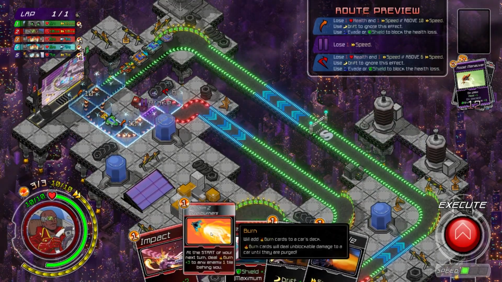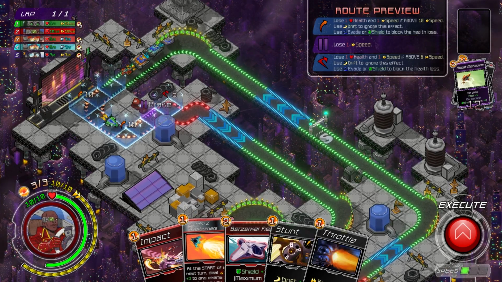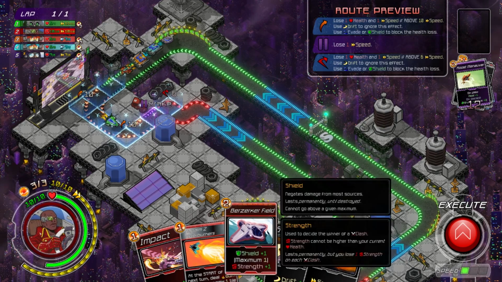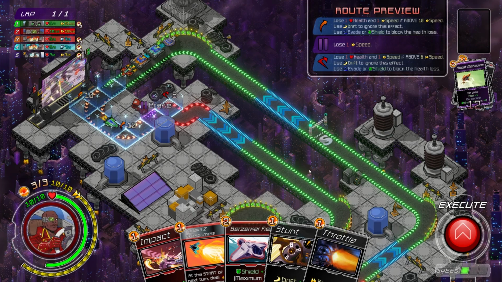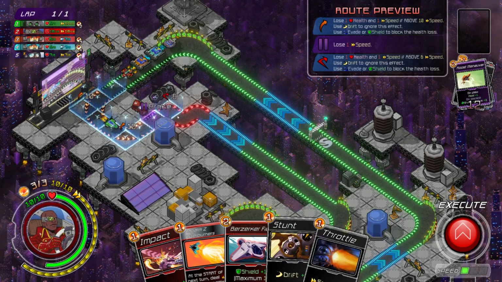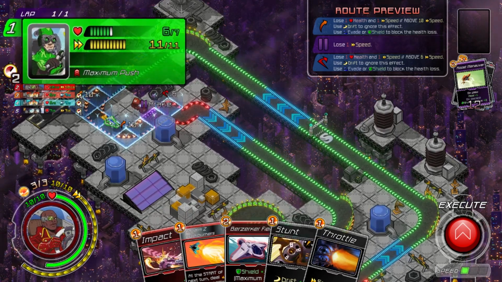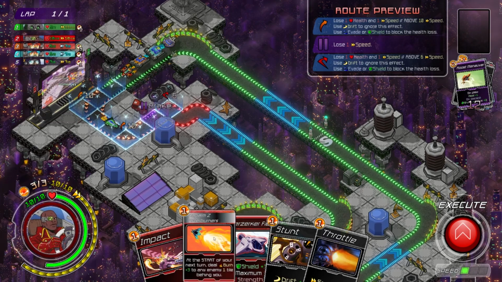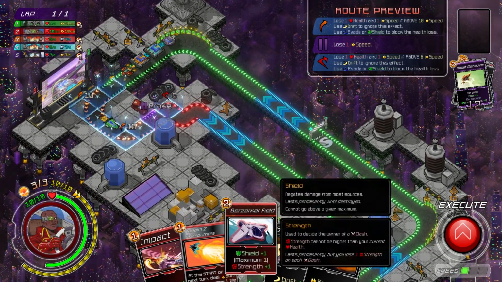We've got Impact, so slam 2. Napalm Afterburners at the start of your next turn. Okay. I could use Berserker Fields and Napalm Afterburners. I'm moving too fast for this area, though. So I would need a stunt to be able to make it through there. I could turn on Impact. Do you have much in the way of protection? No. Okay, so I could have...